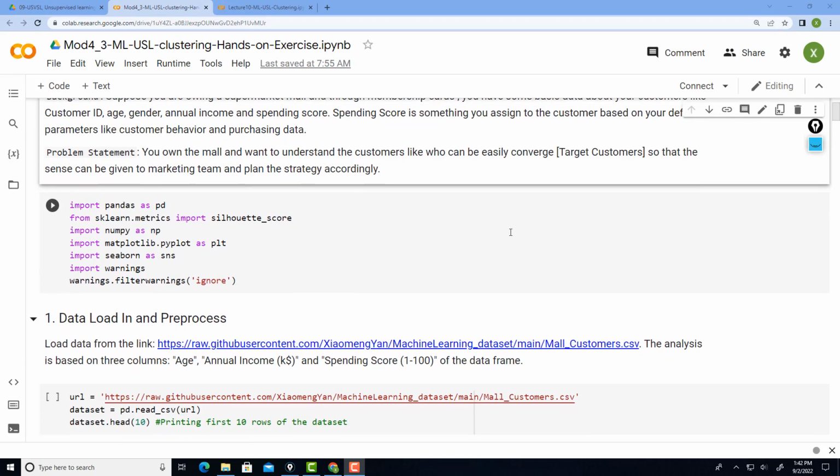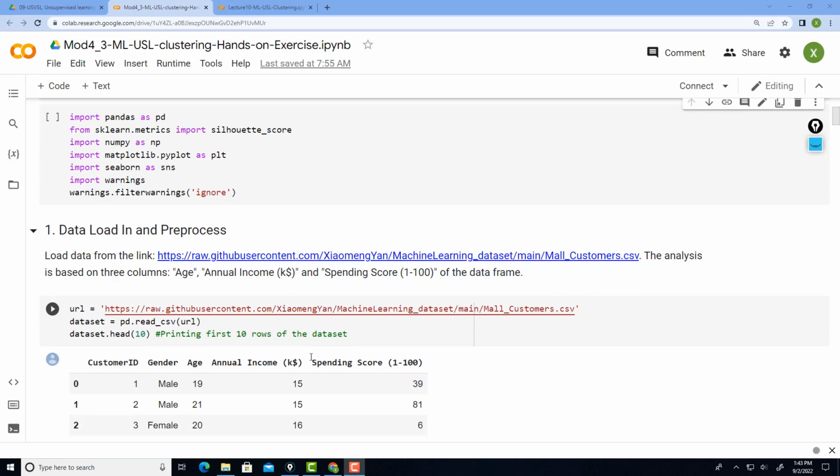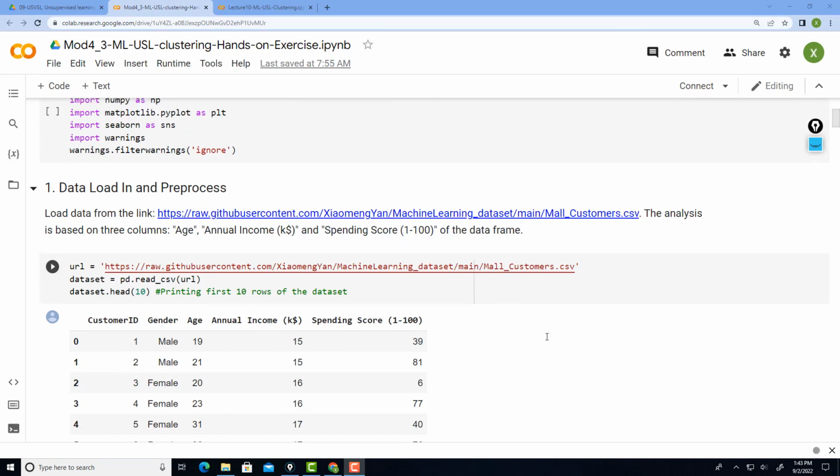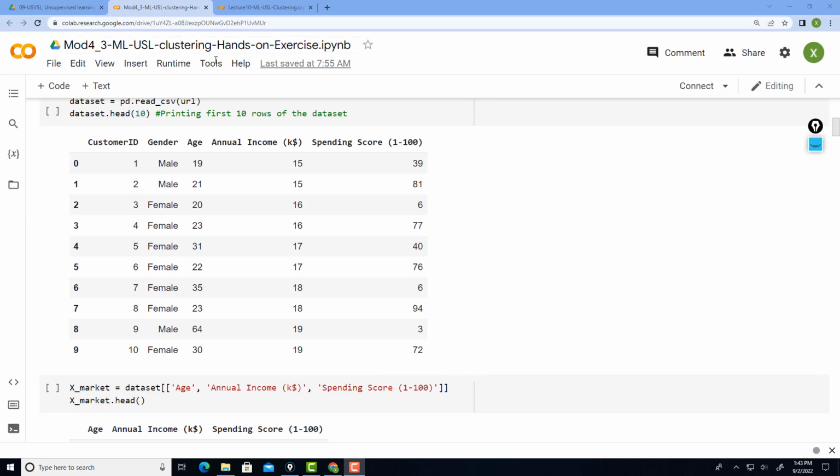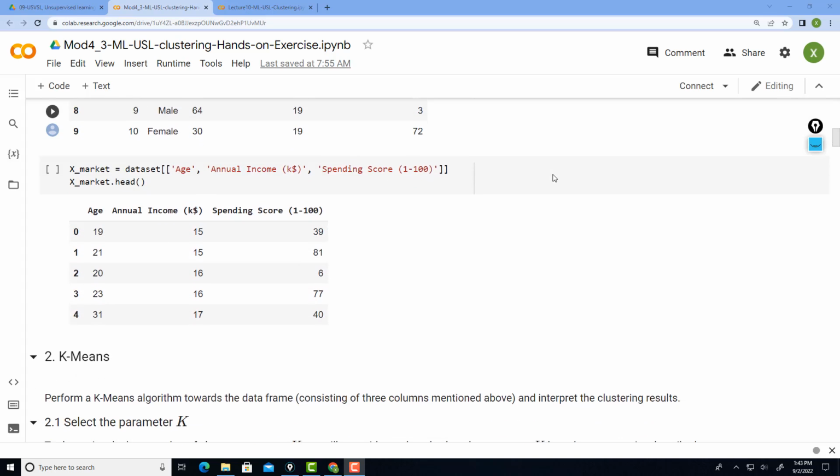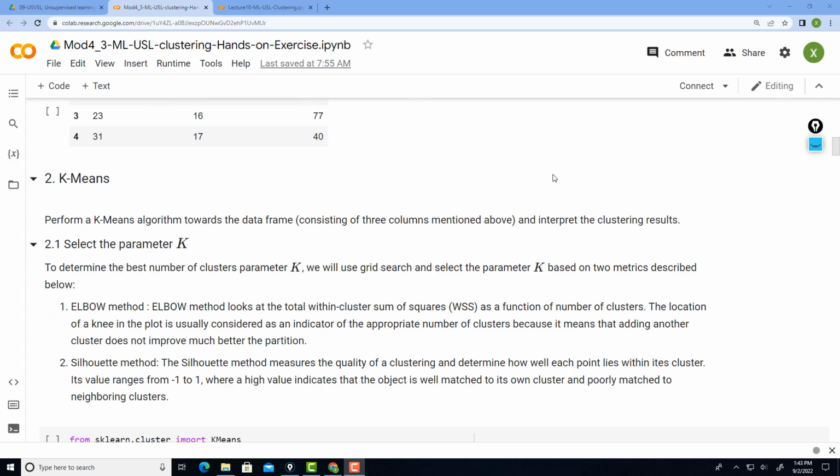Again, here we basically start by importing the required scikit-learn package and other Python packages for numerical analysis as well as visualization. Then we're going to get the data for the mall customers. This shows a couple of examples of what we are seeing. You are looking at those potential features: gender, age, annual income, and spending. The first algorithm we are going to test is the k-means clustering algorithm.